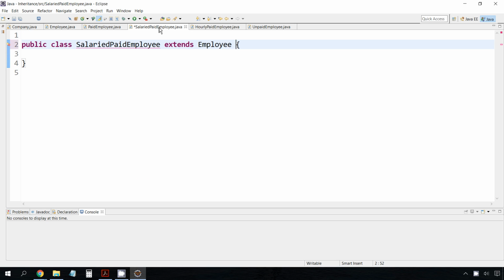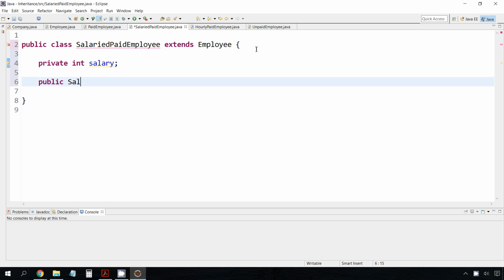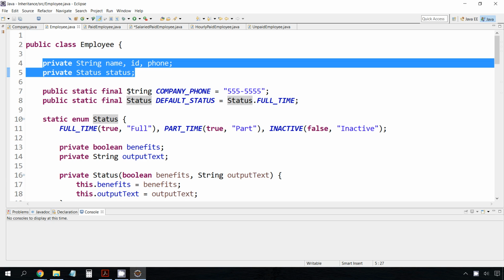Okay. So I have all that stuff that describes my employee, but now I probably also want to add information about the salary. So I will add an instance data variable to represent the salary of this employee. You could also have an instance data variable to represent a bonus if maybe your salaried employees earn a bonus or something like that. So that's my instance data variable. Now I'm going to have my constructor. And remember, for my constructor, I need to take in all the information that describes a salaried employee, including the name, the ID, the phone, the status, and the salary. So I need to take in all the information, including the instance data variables that are declared in the parent